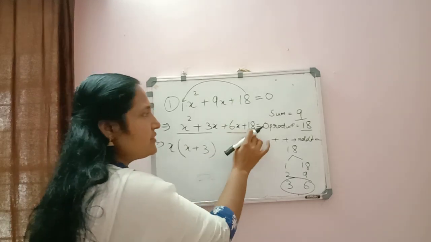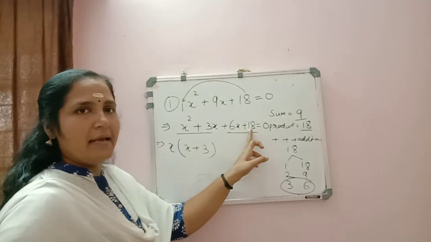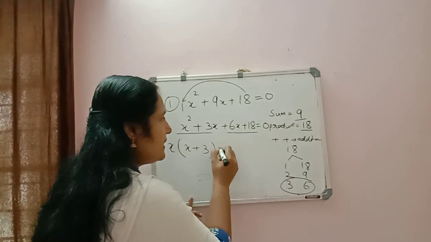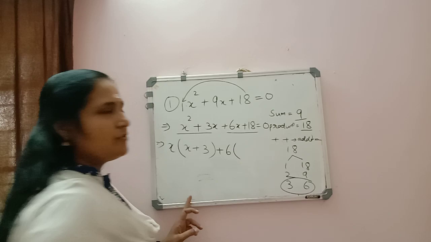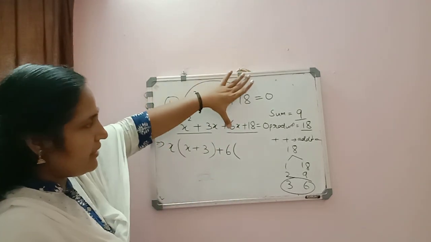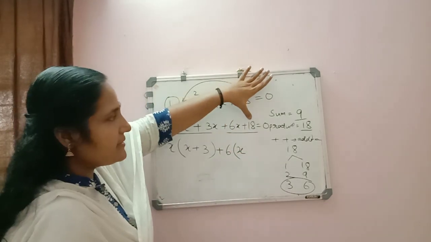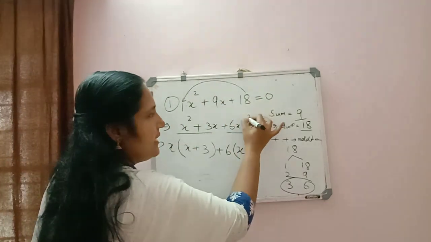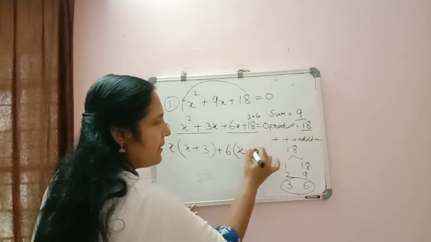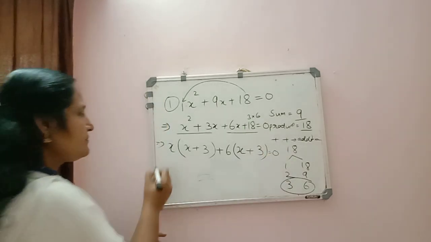Now from the next two terms, if we check, here 6 is there and 18 can be written as 6 into 3. So we have 6 common in the third and fourth term. So we are taking 6 common. Inside the bracket, from here we removed 6, so remaining is x, and 18 can be written as 3 into 6, 6 we took common there, so remaining is plus 3, equal to 0.